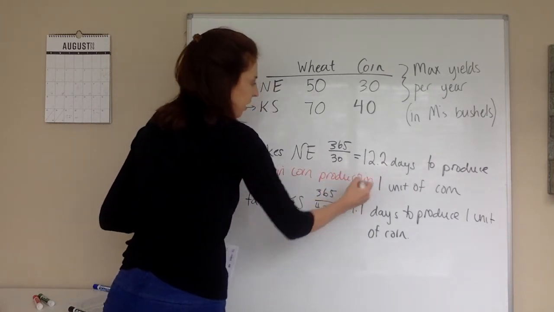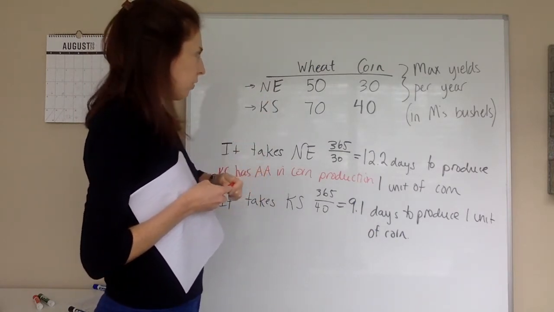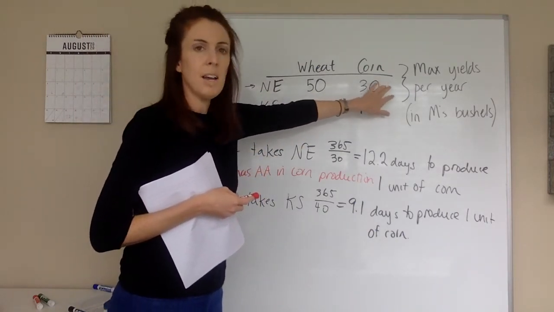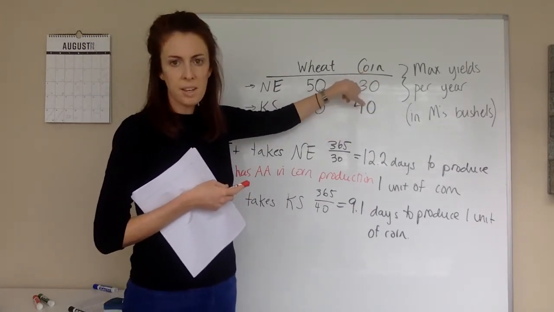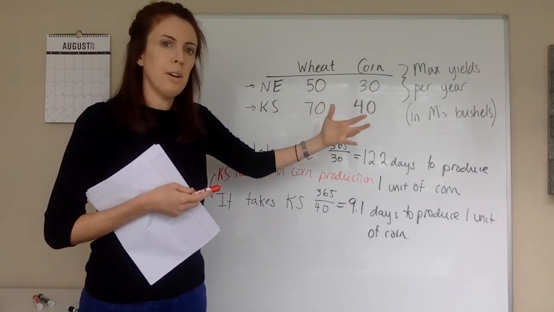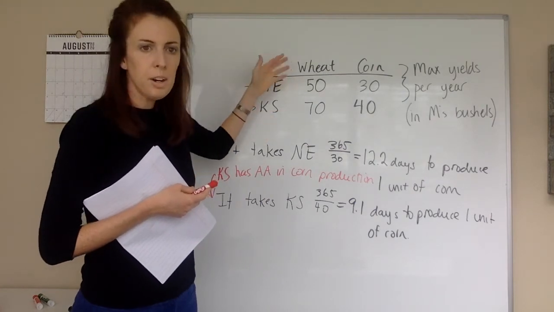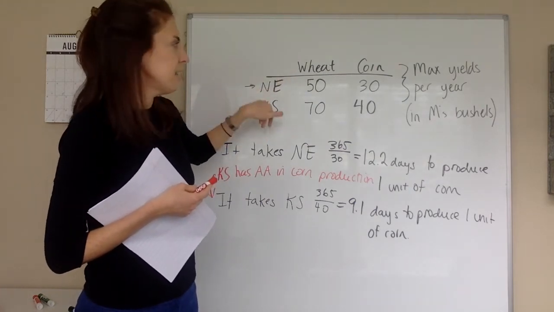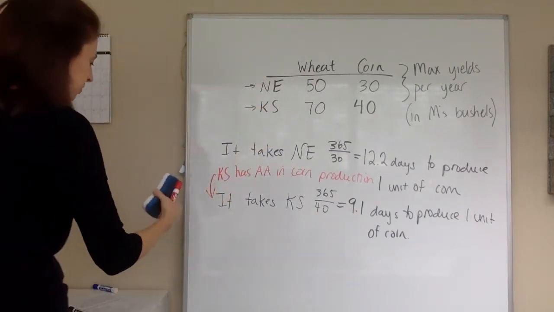Okay, again, this should not be surprising if you're internalizing the table. If you look at the table again, where we fix time, in a fixed unit of time Kansas can crank out more corn than Nebraska can. So basically, absolute advantage is just who can do it better. In this case, Kansas can make wheat more efficiently, and Kansas can produce corn more efficiently than Nebraska. Okay, so that's absolute advantage.